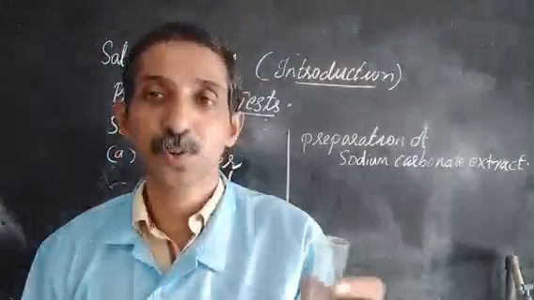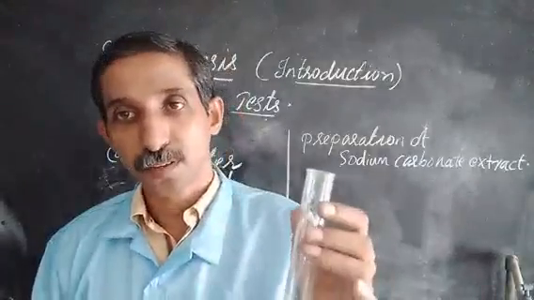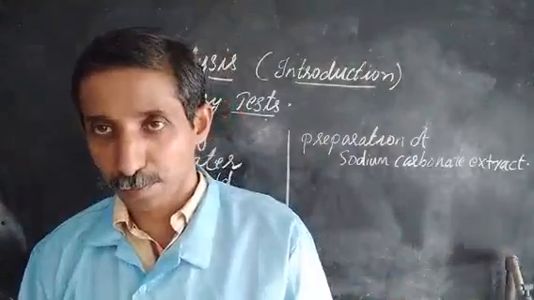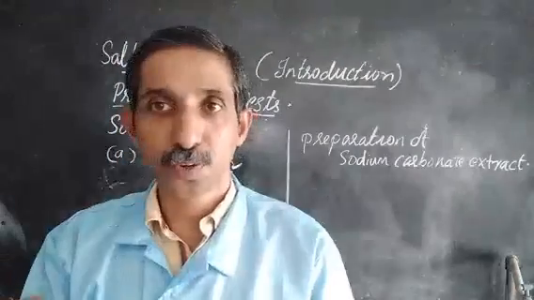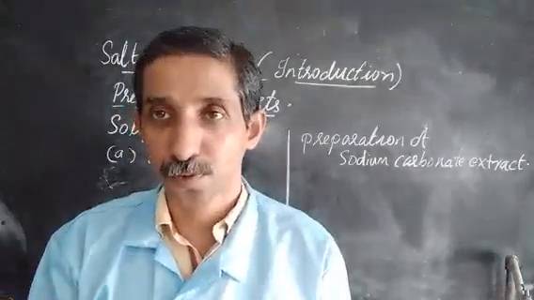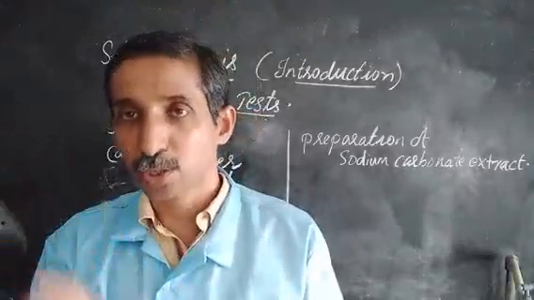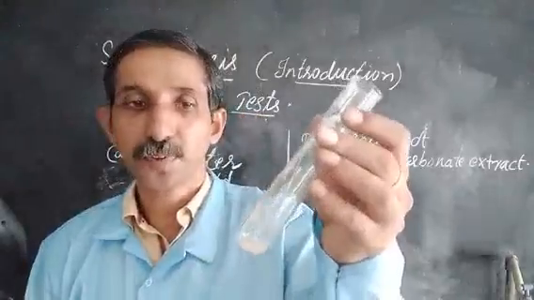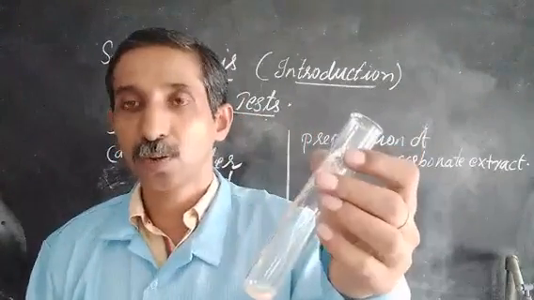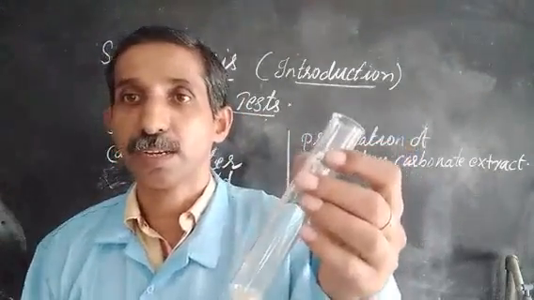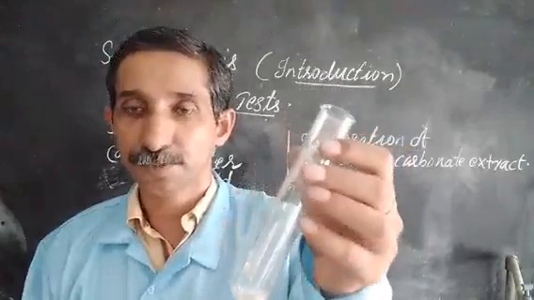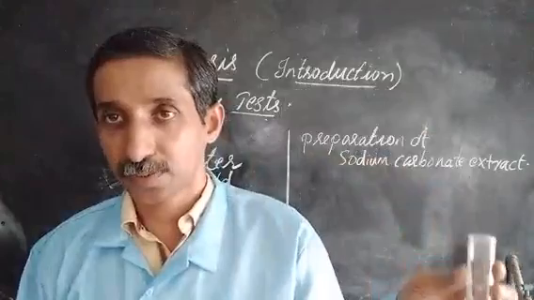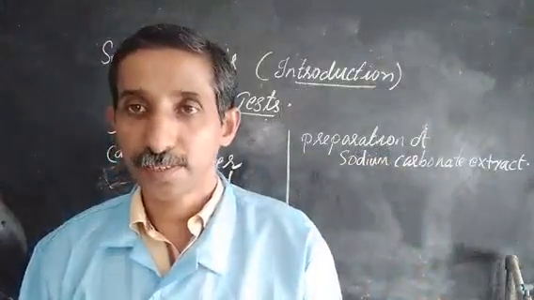Definitely we are going to do the confirmatory tests of all the anions with the sodium carbonate extract that you have prepared, and this video is going to be too lengthy if I go for including the test for anion. That means now we have got a hint of what the anion is, isn't it? It's chloride. So we will confirm it by doing the test with sodium carbonate extract. That I'll show you in the next class.